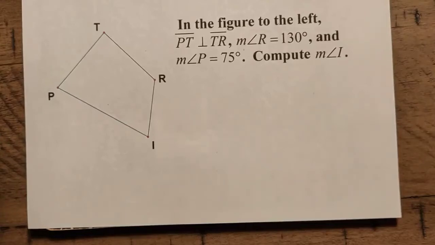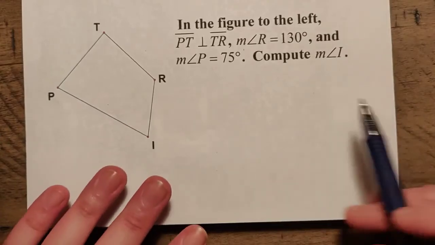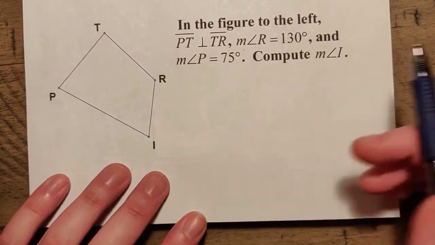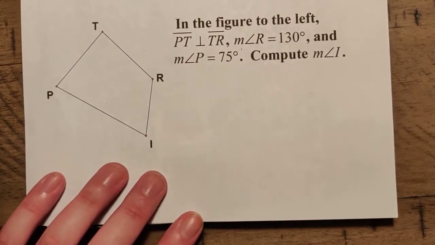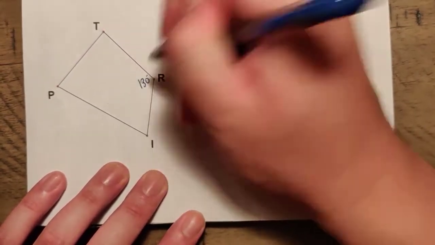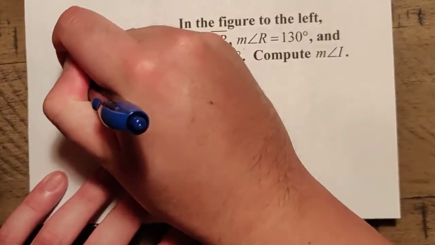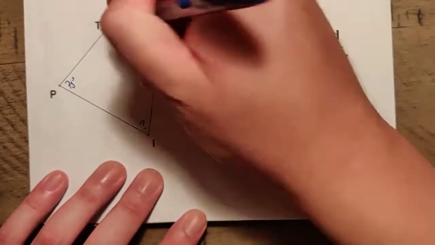All right, so we're going to look at one final example here. I'd like you to take a look at this here. We have some information about this, so we're going to go ahead and measure this out here. We have the measure of angle R is 130. I'm going to mark that in here. Measure of angle P is 75, and I want to calculate this angle here, given that this is a right